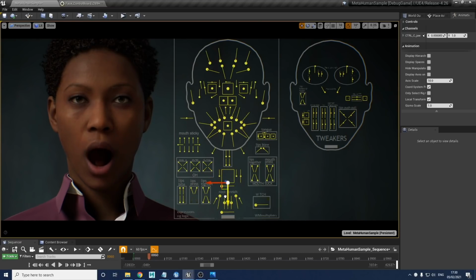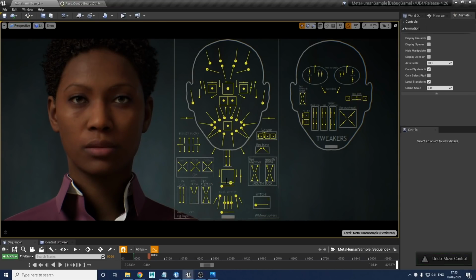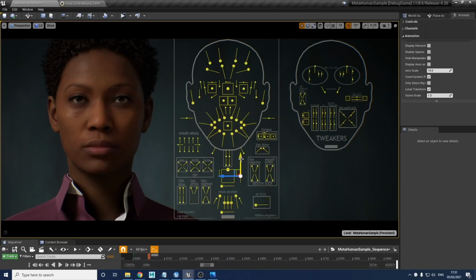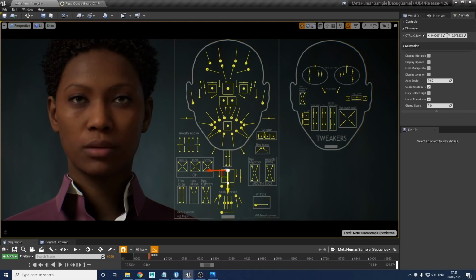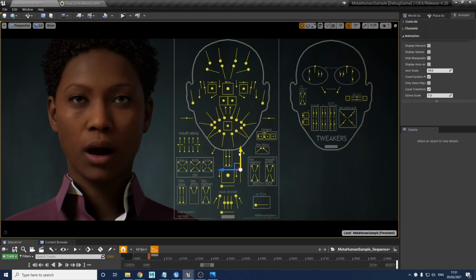So this one moves in the TY, so up and down, and left and right in the TX. Swing it around, and you can see it's got a lot of secondary motion coming from the ears and the jaw and all the rest of that sort of thing. So you don't have to worry about mixing controls to get a nice, just normal jaw open. The one to the right of it, this one here, this is the jaw forward and back. So this is going to push the jaw back into the face or pull it forward like this. All these controls can be used together in varying degrees. They're all designed to be mixed.